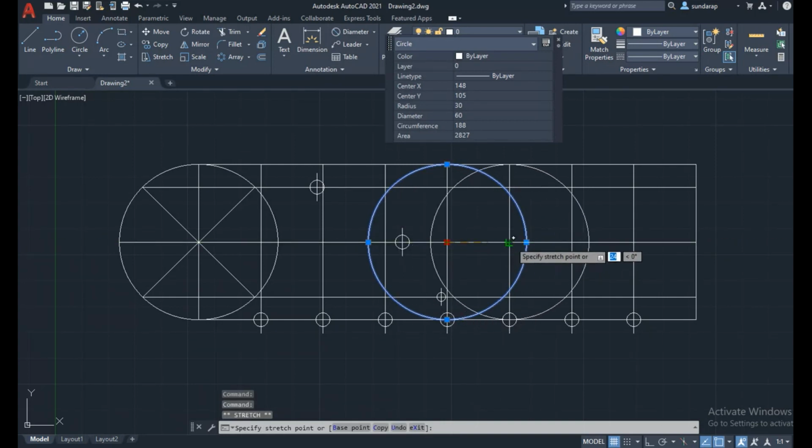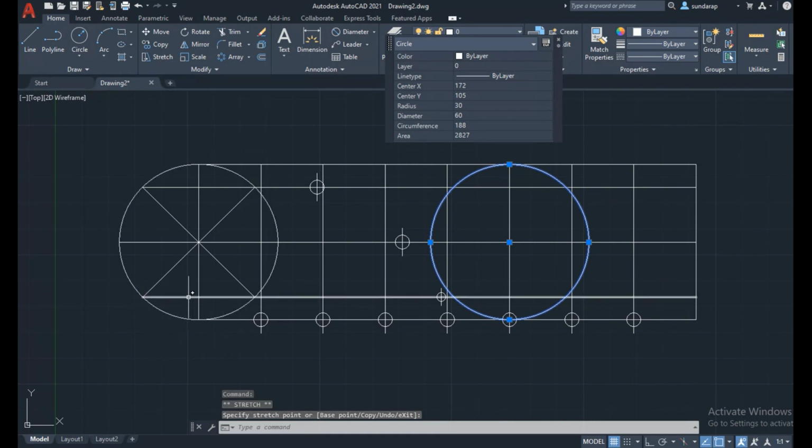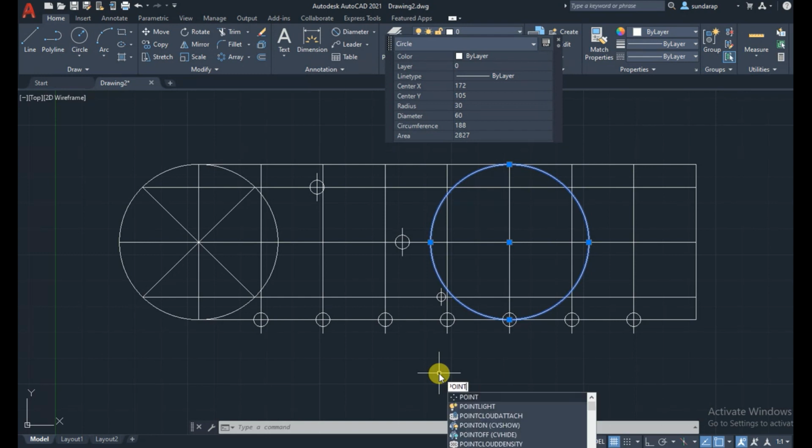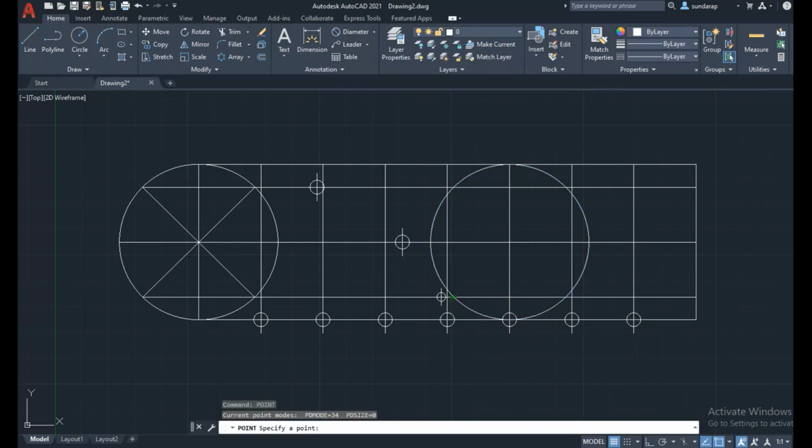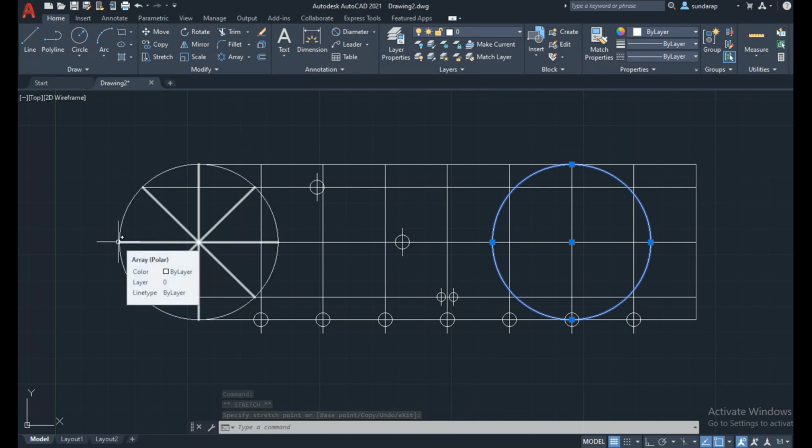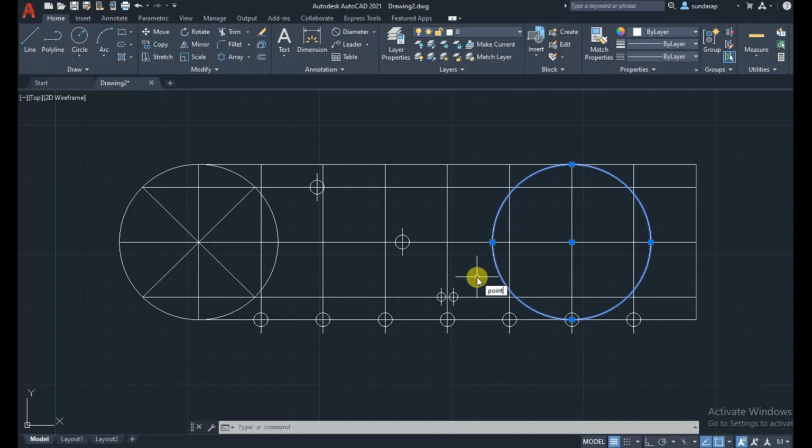So the fifth point, clockwise, I consider this as my fifth point here. The fifth horizontal line will intersect over here, so again mark the point. Then again, rolling out from the next center point, this is the seventh point, it will intersect the same seventh line, mark the point over here.